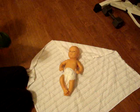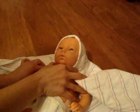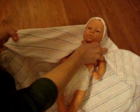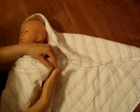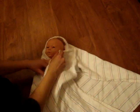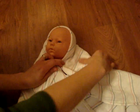And what you do here is you grab the back and you make a hood like this. You're going to pull it down right here next to his cheek and his neck, and you're going to fold like this, okay? So your first pass is the same. Fold it securely here around his back. Second pass, you pull down from the bottom, tuck that in, and then finally re-pinch down here, fold over,